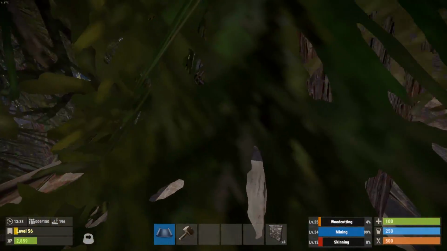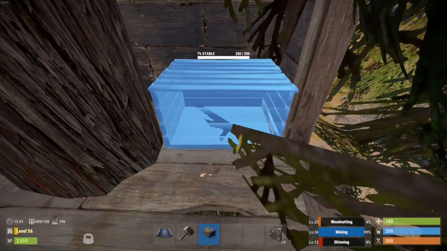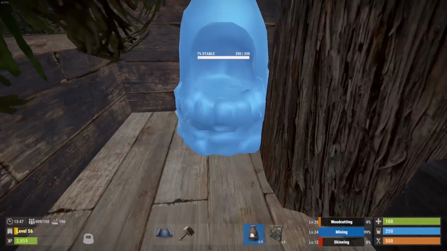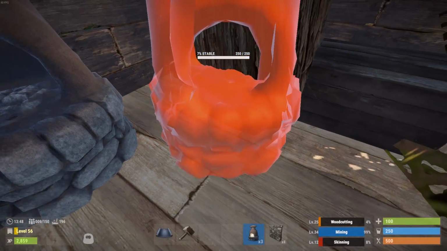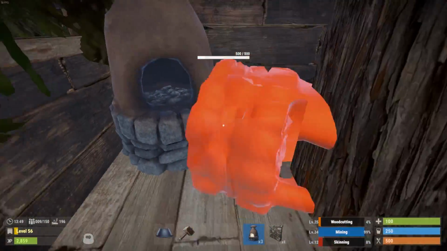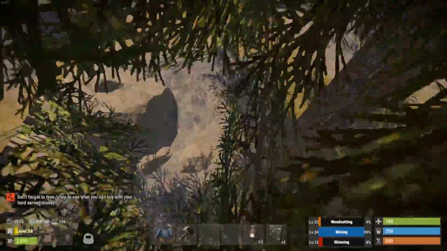You can have a sleeping bag in here. There's not much room, but how many times have you run around the map looking in trees for bases? You can even put a couple of furnaces in here. And the nice thing about something like this, looks like I probably could have done that better, but anyways, as an example, if you have a furnace running up there,